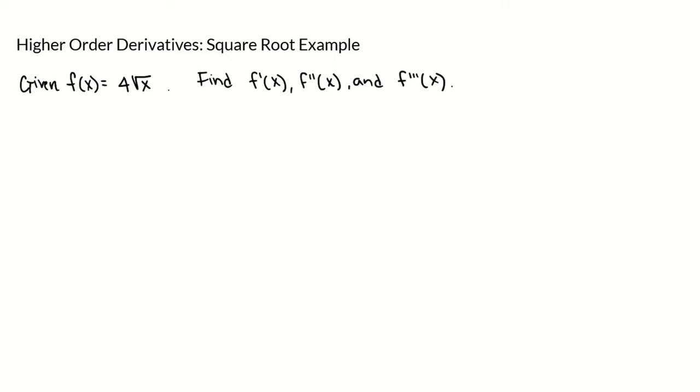We're going to do an example of finding higher order derivatives with a square root function. Given that f of x is 4 square roots of x, find f prime of x, f double prime of x, and f triple prime of x. So let's start